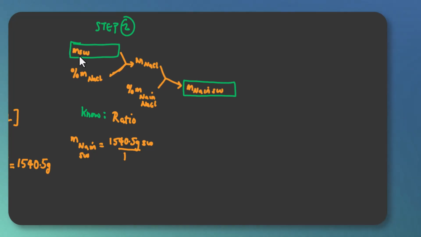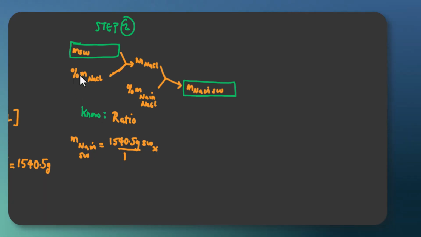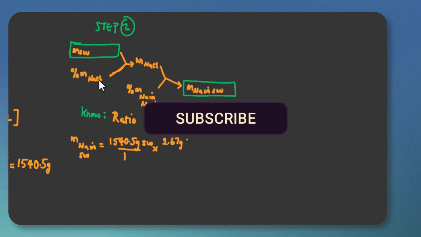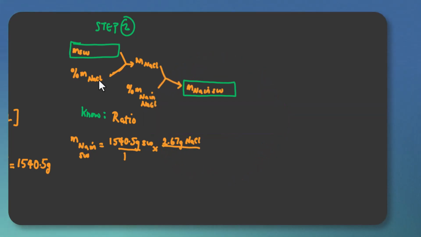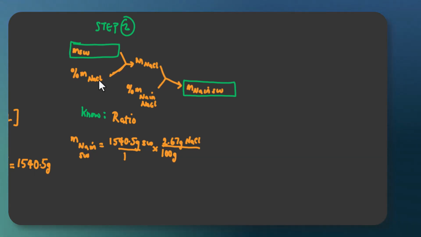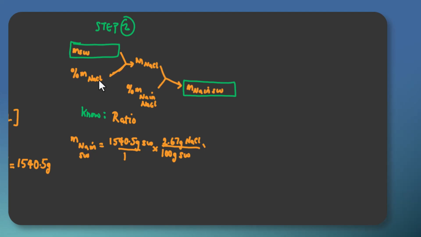Now here is the next step. The next step is to multiply it by the ratio of what? The mass percent of sodium chloride. Make sure it's in grams to grams. And so sodium chloride here is given in the particular question to be 2.67 grams of sodium chloride in what? Because it's percent, it is going to be out of 100 grams of seawater, and this here is multiplied by